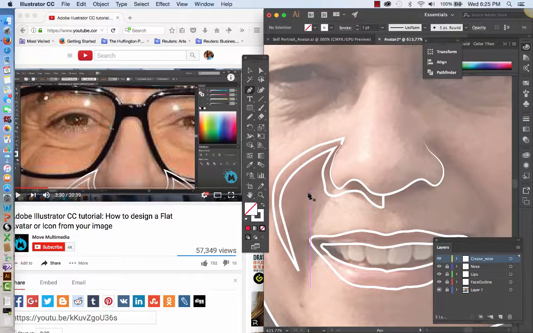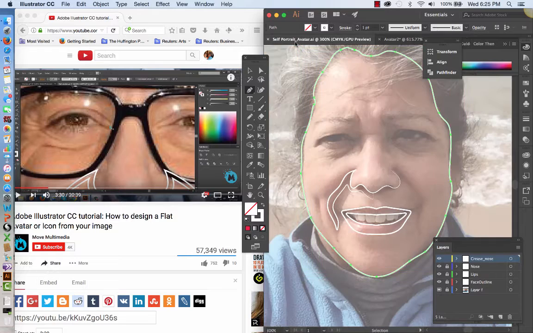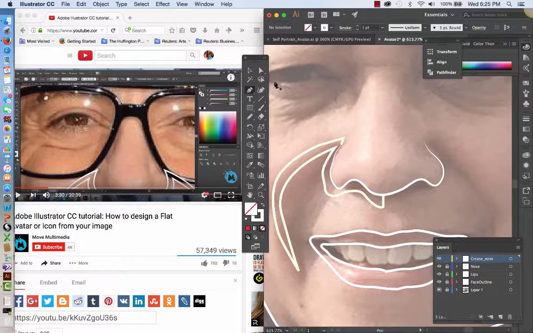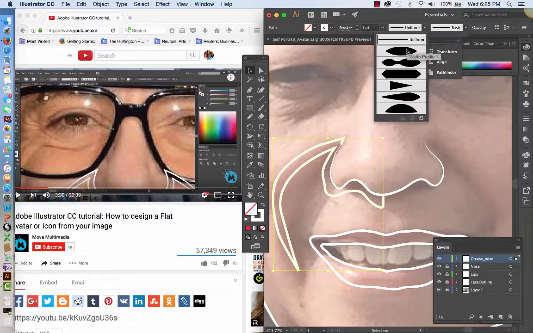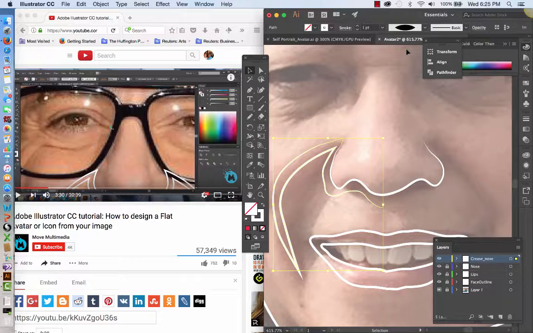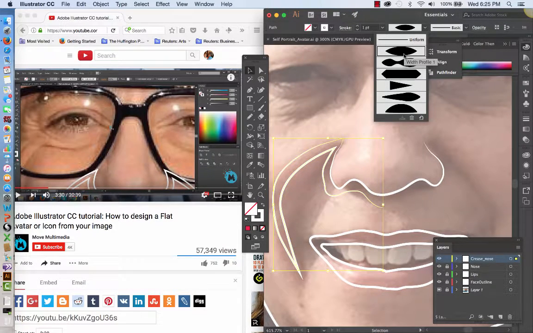All right, and that is a similar shape. He does a much nicer job of it than I have here. Here is that shape, just before I was getting ready to duplicate it. But we're going to go to this shape and we're going to select it. And we are going to add this to it, which is go up to the control panel, and instead of using the uniform stroke, we're going to use the width profile 1,